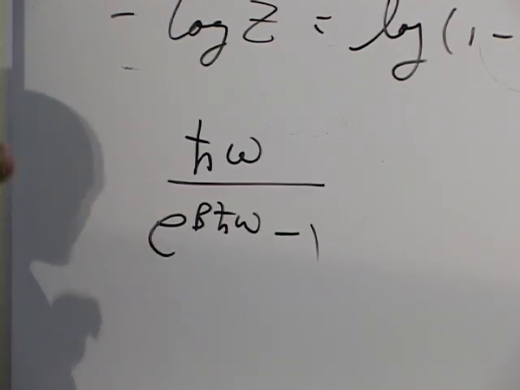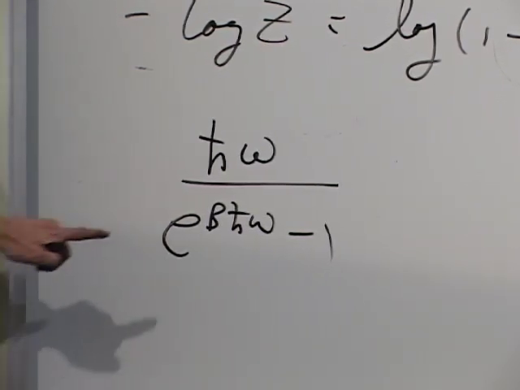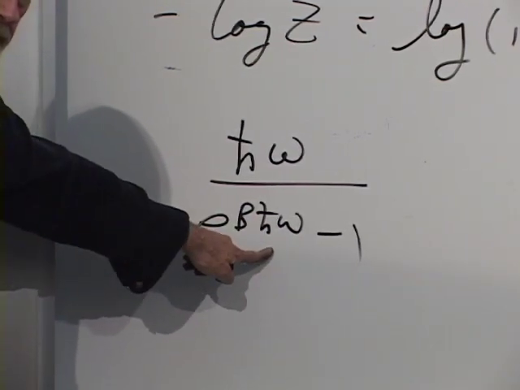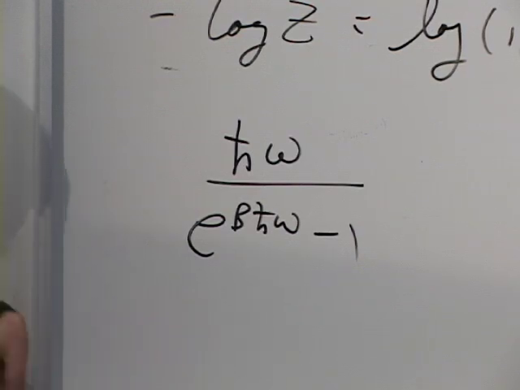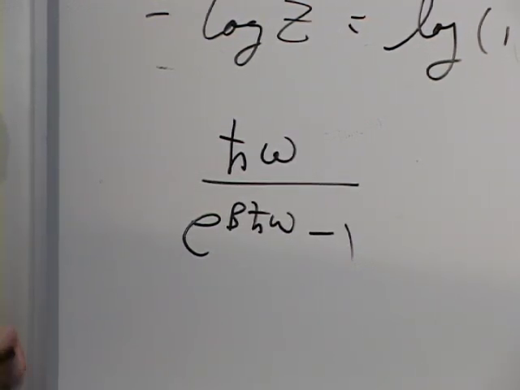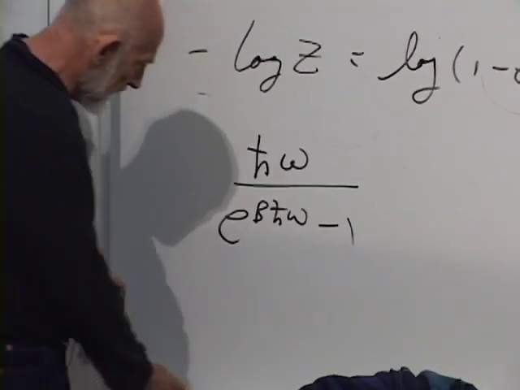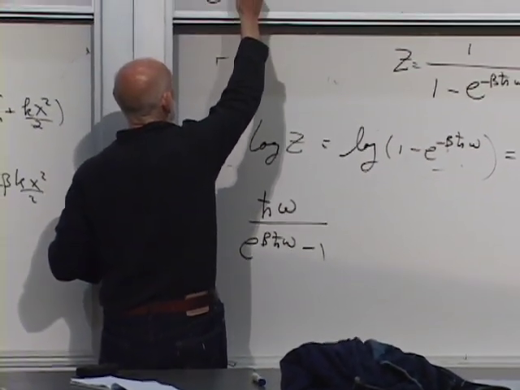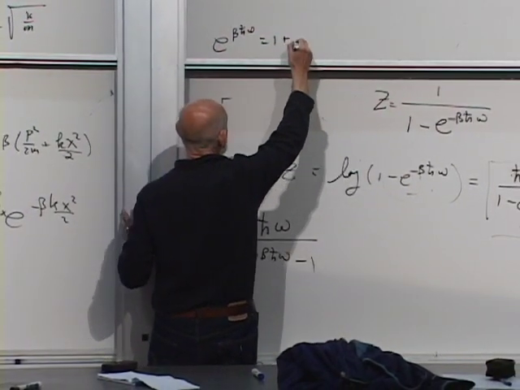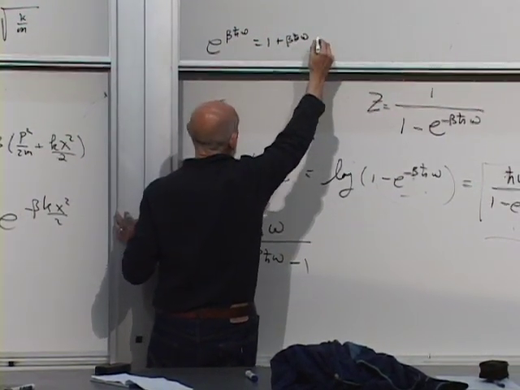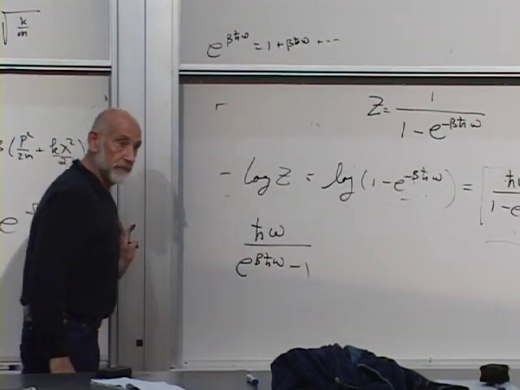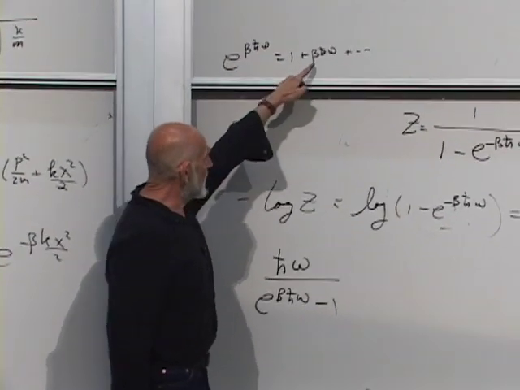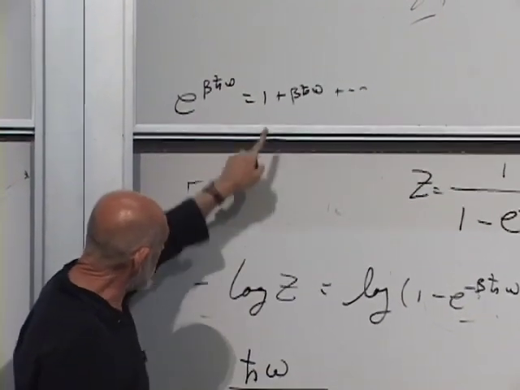Okay, let's look at it at very high temperature. High temperature means small beta. Small beta, we expand the exponential. We have a small number here, and what's the expansion of e to the beta h bar omega? e to the beta h bar omega is equal to 1 plus beta h bar omega plus higher order stuff. The only reason I have to keep the first correction here is because the 1